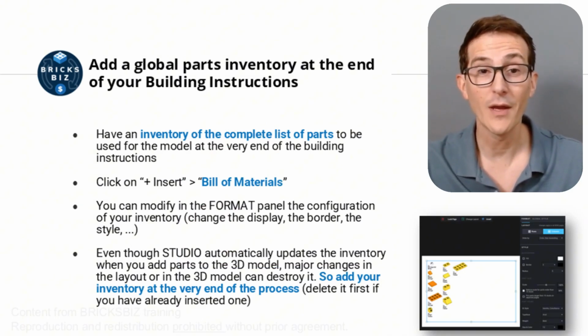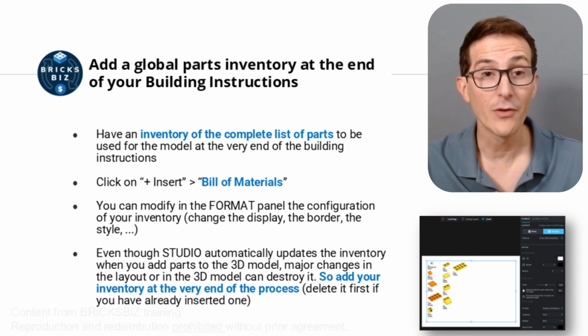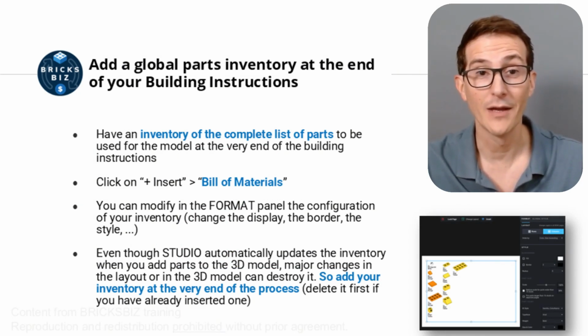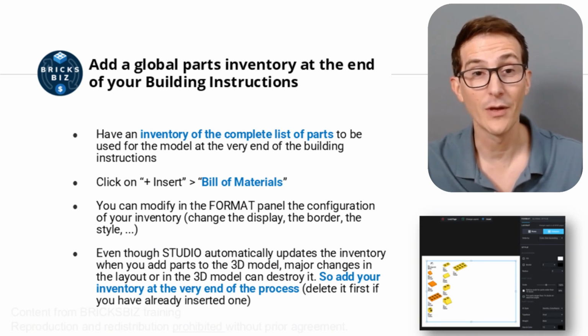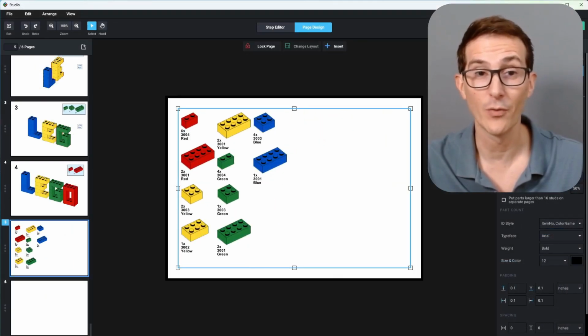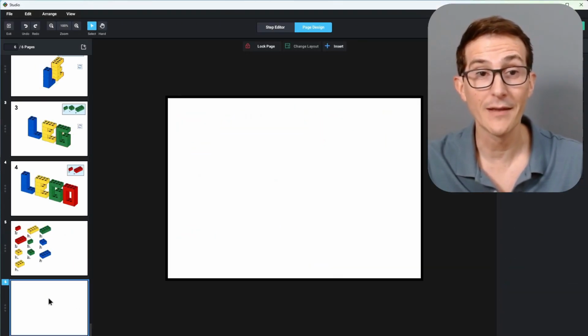the 3D model, major changes to the layout or 3D model may destroy your parts inventory at the end of the document. I therefore advise you to add it only at the very end of the process of creating your building instructions. If you have already added one to your document, select the Inventory page, say, in the navigation area